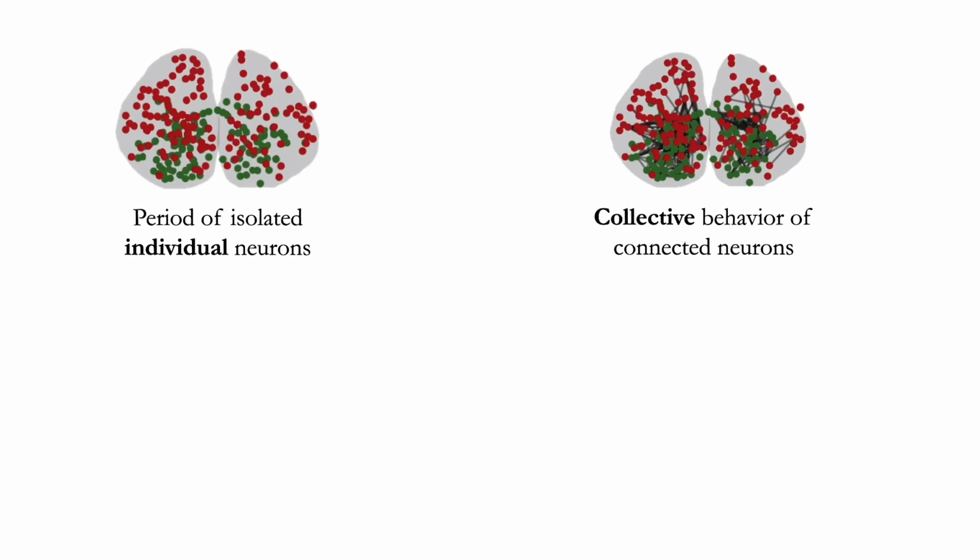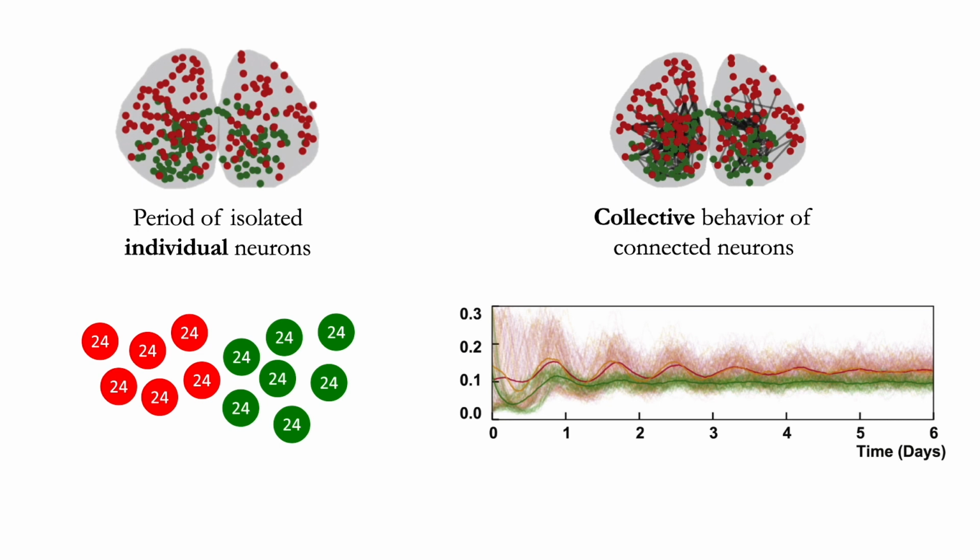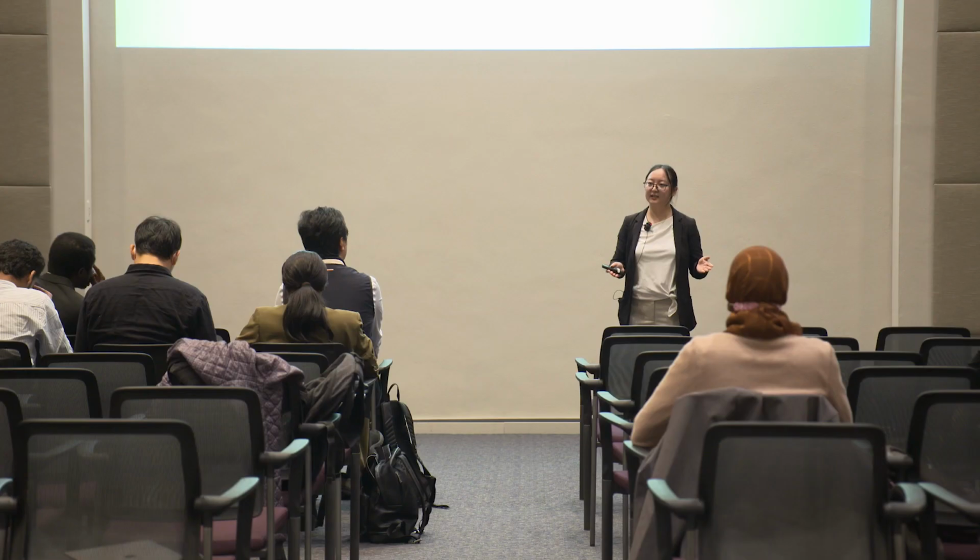Okay, now we have both sides of the story figured out. Now we're ready to take a look at how they come together. Let's consider a simple example where all the neurons are of exact 24-hour cycle length when they're isolated. You might think, since they're already at 24 hours, when we simply put them together, the collective behavior should also be 24 hours and it should work perfectly. But this is actually not the case. We actually see that if all the neurons are of exactly 24-hour cycle with no variance at all, the system's collective behavior is most likely to be chaotic,